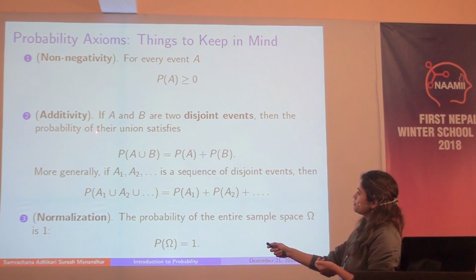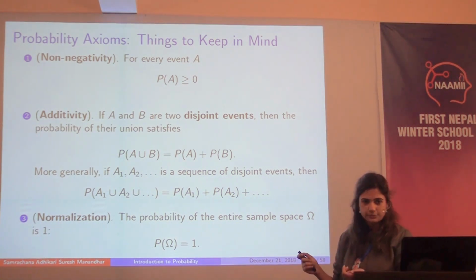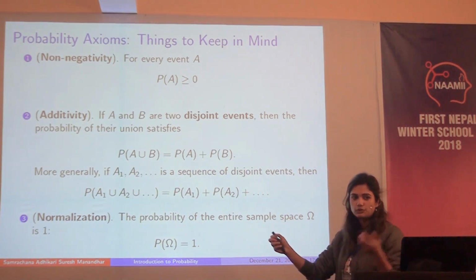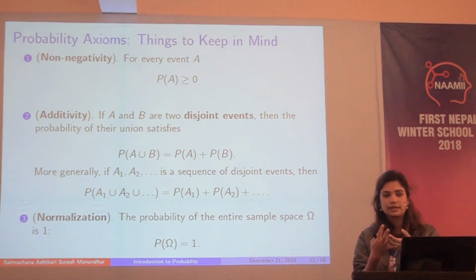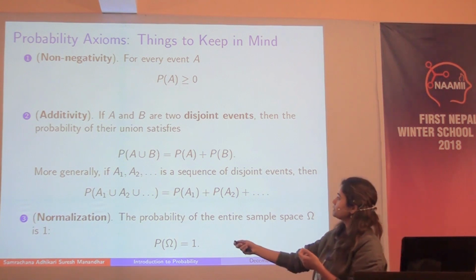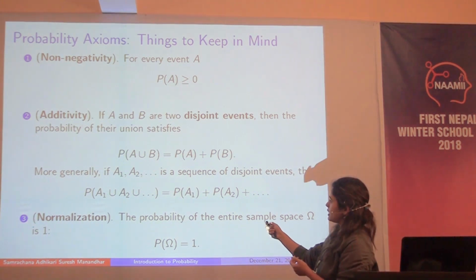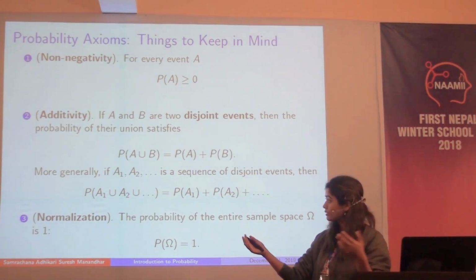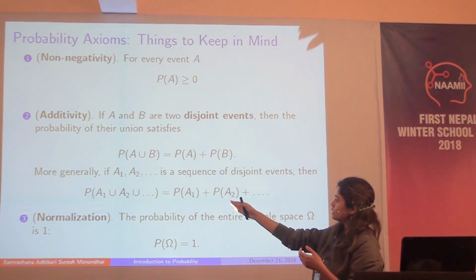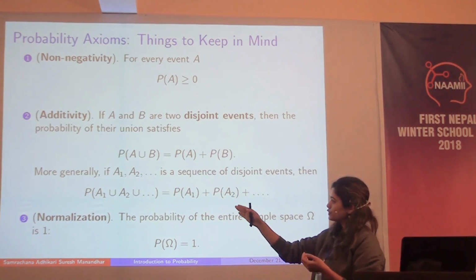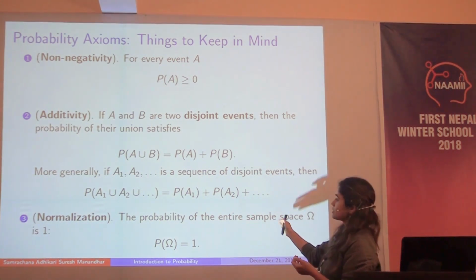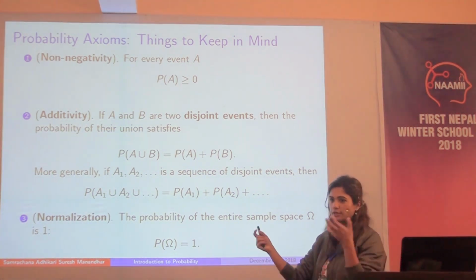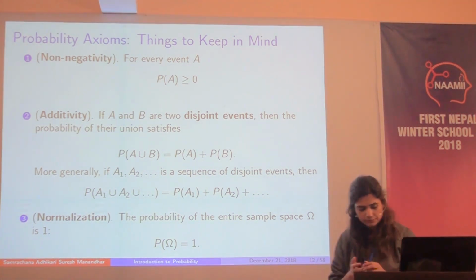And there is another important law of probability, which is additivity. So if we're talking about disjoint events, two sets with nothing in common, then the probability of A union B is just the sum of the probabilities of A and B. And if you had more partitions of the sample space, with A1 to AN, then we can just write the probability of the union again as a sum. But being disjoint is the key idea here, where the sets don't overlap.